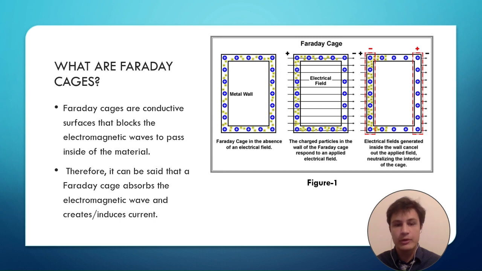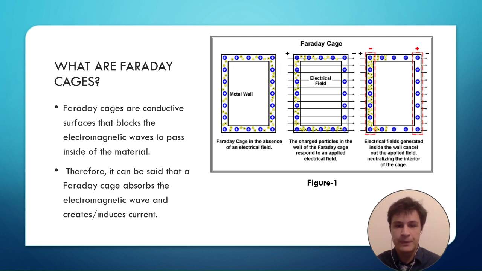At the beginning of my presentation, first I would like to start by defining Faraday cages so that we can understand what they actually are. Faraday cages are conductive surfaces that block electromagnetic waves from passing inside of the material. Therefore, it can be said that a Faraday cage absorbs the electromagnetic wave and creates, or we can also say,